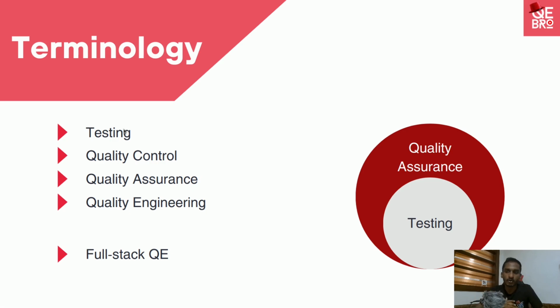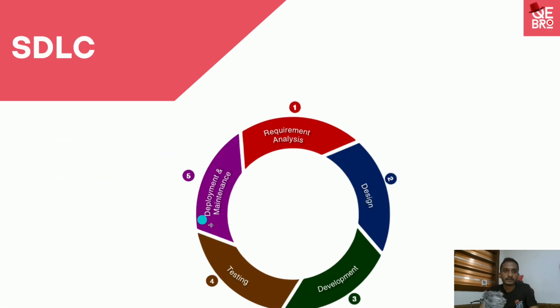It will be over the software development life cycle, all the phases. So that means, if you can remember, here in the software development life cycle, which started from the requirement analysis and ended with the deployment, we had 5 phases. So quality assurance, as I mentioned, is kind of an umbrella which covers the whole software development life cycle.